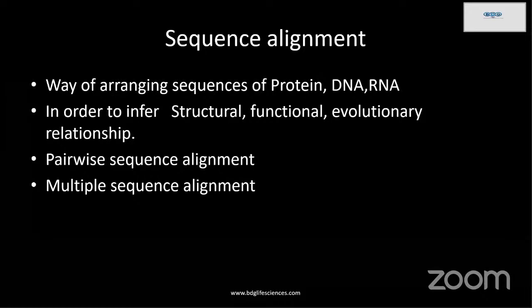Now, there are two ways of alignment: global alignment and local alignment. Global means the entire length of two sequences is analyzed, and local means short stretches of the sequences are aligned. So in practice, what we prefer is local, because we deal with a large number of residues at a time. We have a large number of residues in one protein, not the small proteins which we are dealing with. So we go for local sequence alignment, and BLAST that we are going to learn is a local alignment search